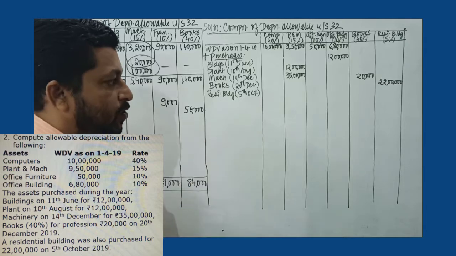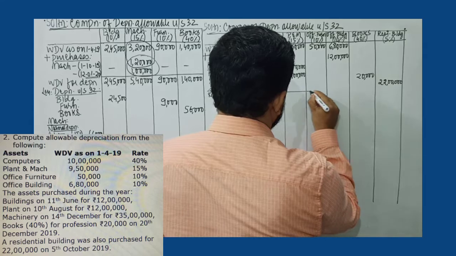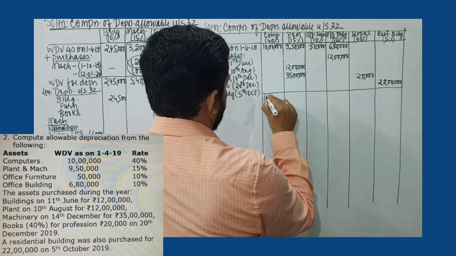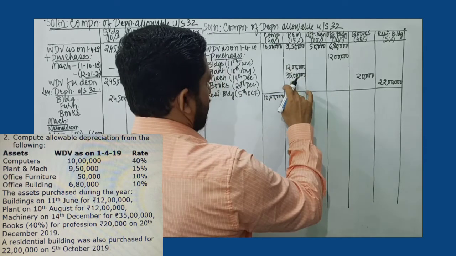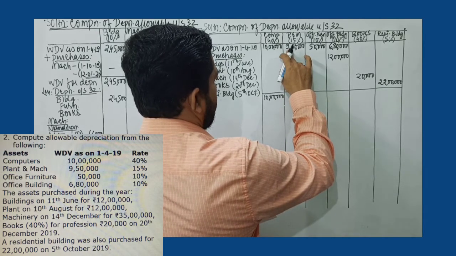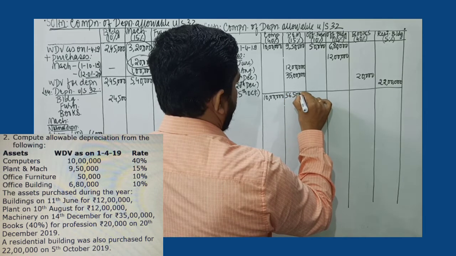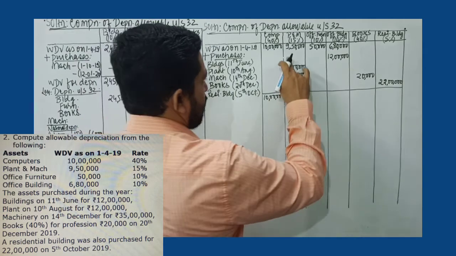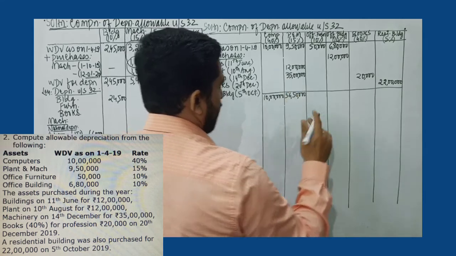So these are all the values of assets purchased. So first what we will do is we are going to total these values. So no change in computers, it is 10 lakh itself. As far as machinery is concerned, we'll have to add up 35, 36, 37, 47. 47 plus 9 is 56. So it would be 56 lakh 50,000. That would be the block value of plant and machinery. So 9, 12, 21, 26, 36, 46, 56 lakh 50,000.